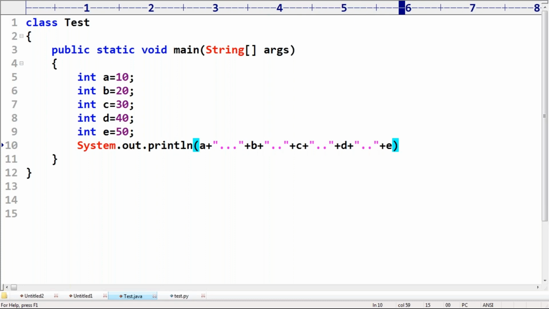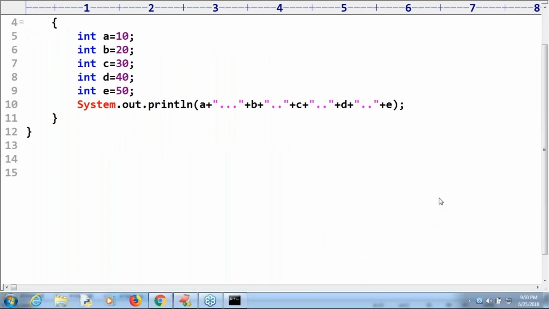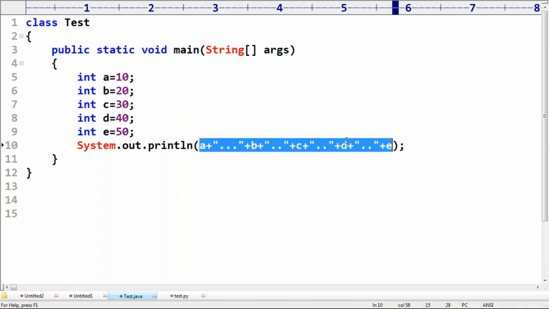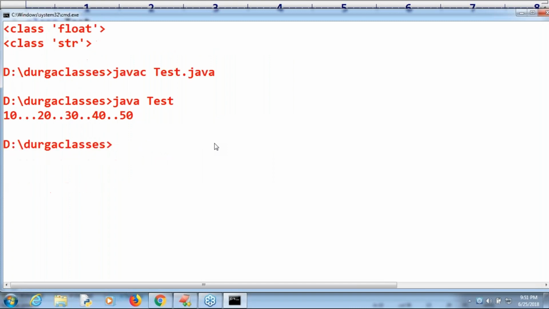Do you know here? Observe that System.out.println can take how many arguments? Only one argument. That's why with all these values, you are creating one string, and then you are passing that string as an argument to System.out.println. Happily, you are going to get the output by default. 100% it is valid. Don't keep any doubt at all. Valid? Yes, sir. 10, 20, 30, 40, 50.